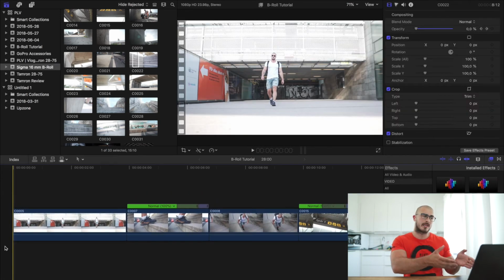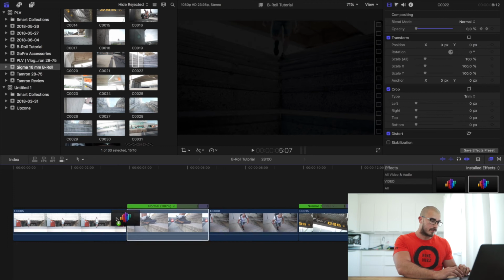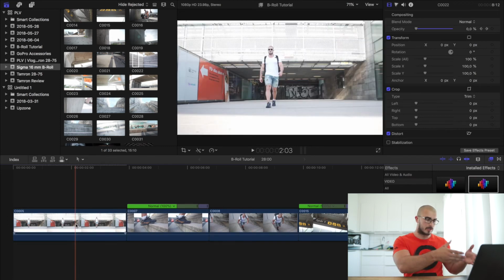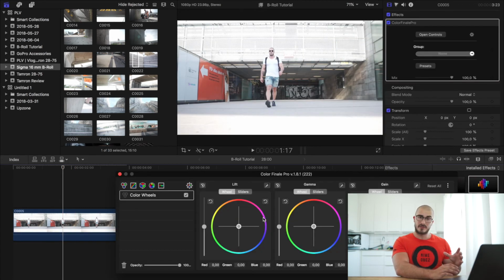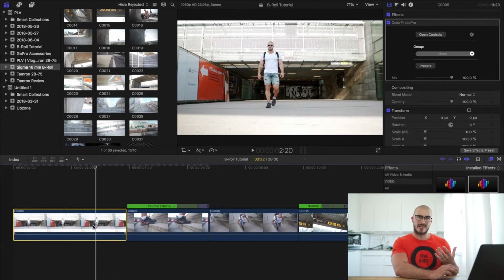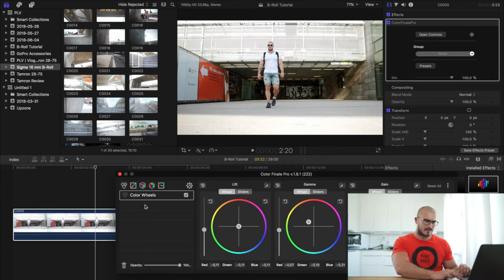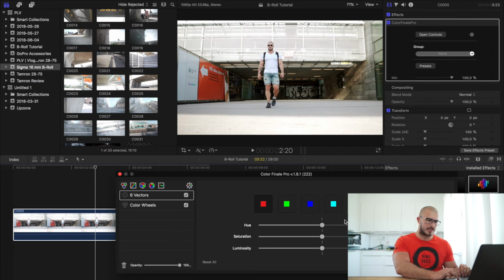So now that we're done with the cutting of the clips, we're gonna add some color gradients to give it that extra depth. So I use a plugin called Color Finale Pro, and we're gonna add some colors to this. We're gonna see. Okay, so we drag the color finale onto the clip that we want to adjust. So first off, the classic color wheels. We're gonna drag down the shadows to give it more contrast and mid-tones as well. And then we're gonna add a little bit of teal and orange that I like. So we're gonna drag the yellow up to the right, and then we're gonna drag the blue